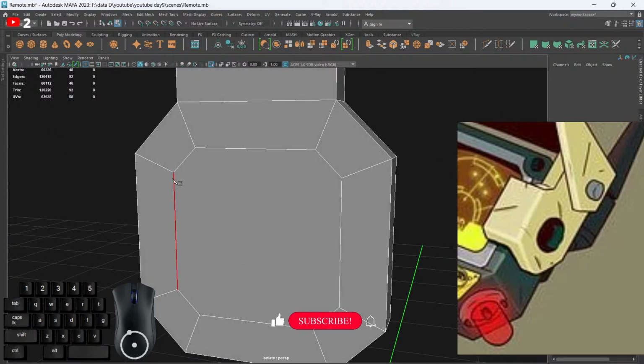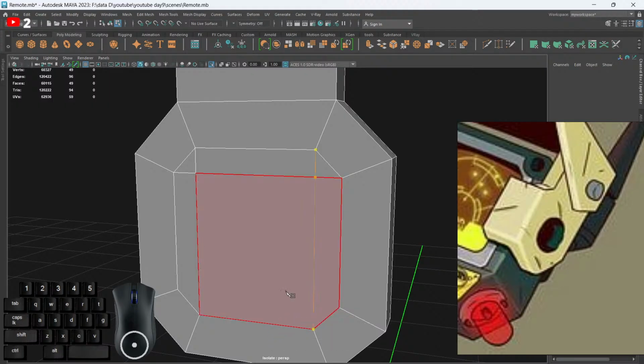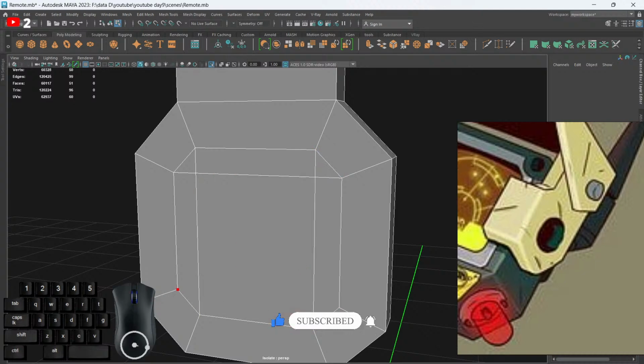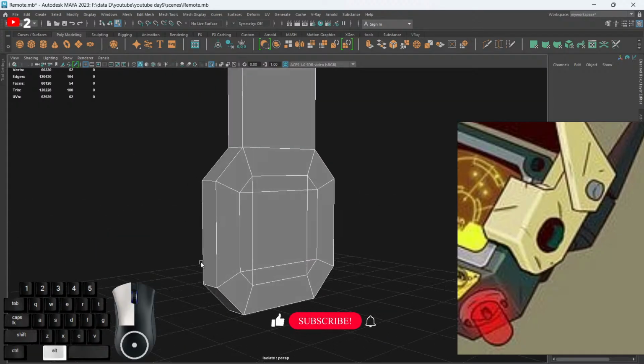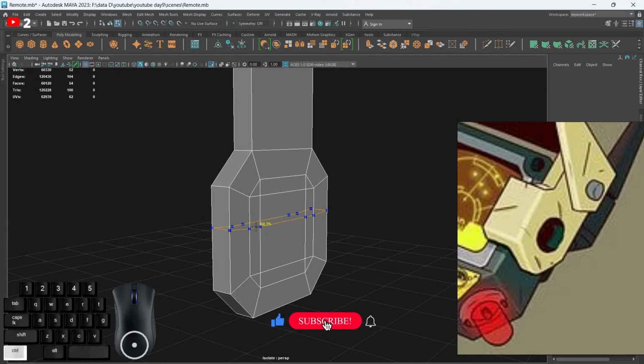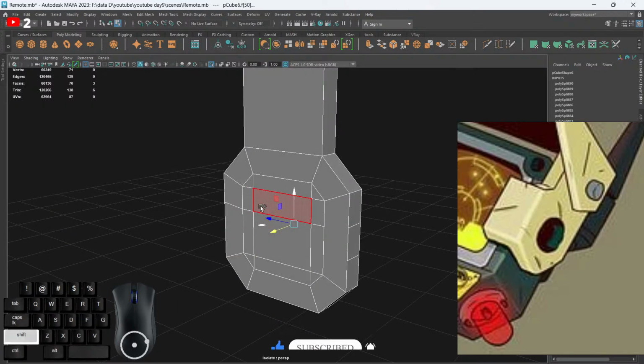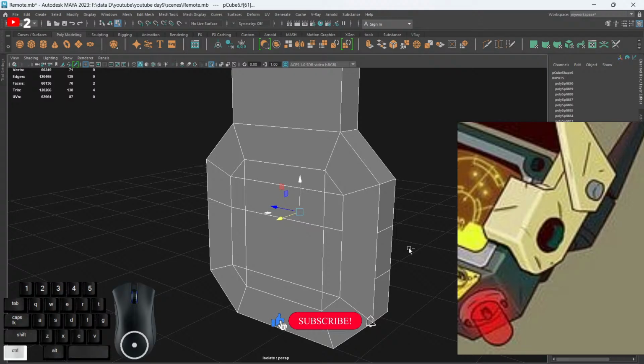Okay, the same thing we do it for the back side, and like this. Okay, and now we can add two edges like this, then select this three faces. Oh, okay,